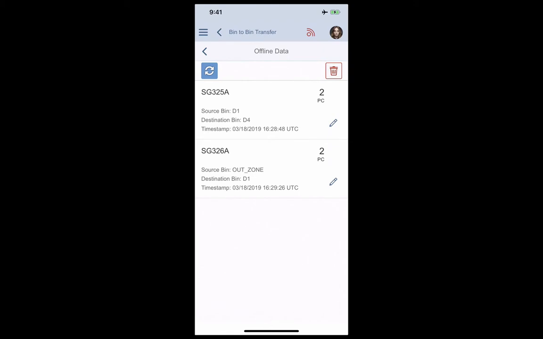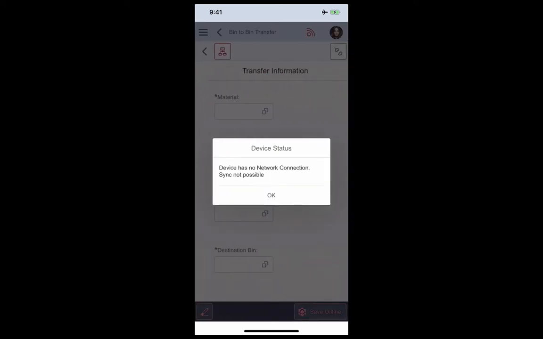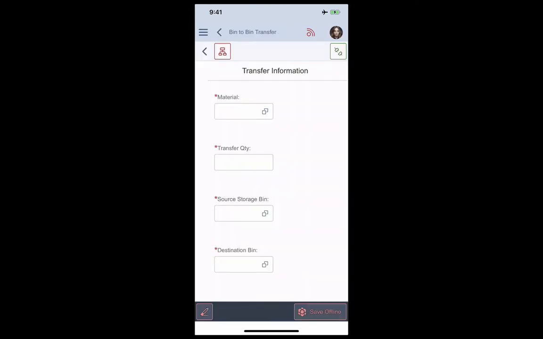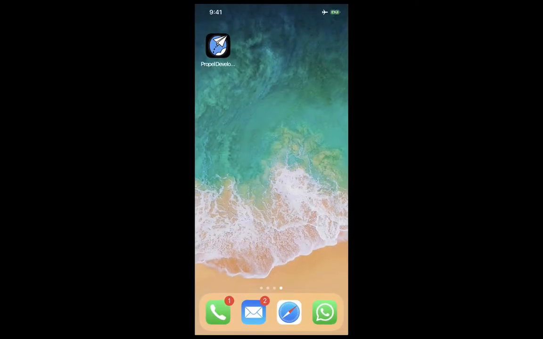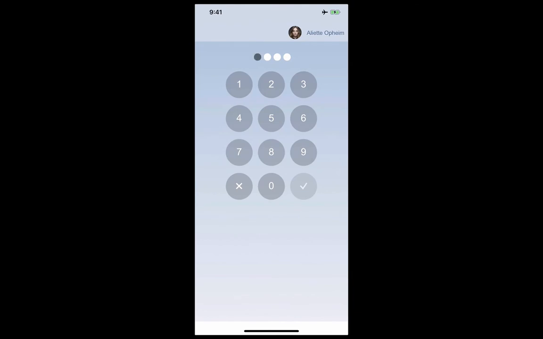From this page, the user can either go to delete mode and delete records, or the user can sync. Now the app is offline, so let's see what happens when the user tries to sync. Essentially, the app informs the user that the sync is not possible at this point in time because the app is offline. Now let's assume the user has done all his transactions for the day and exits the app, and then the next day he comes back in